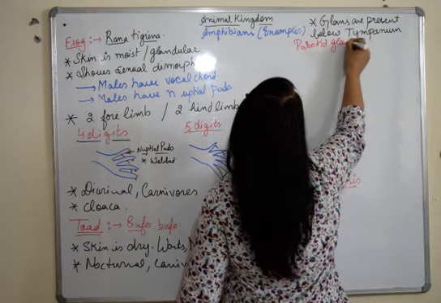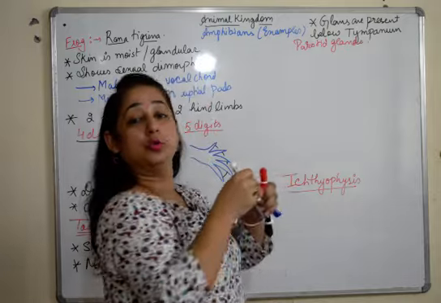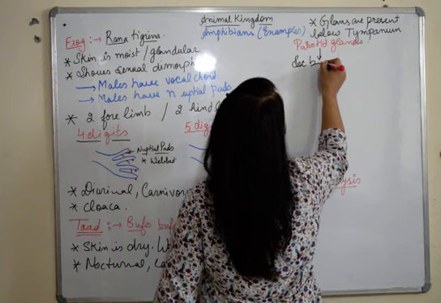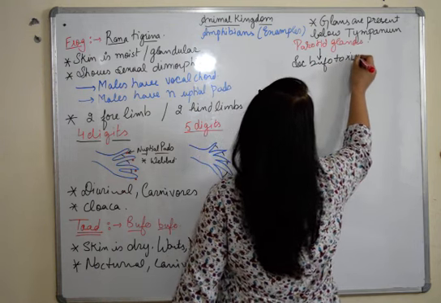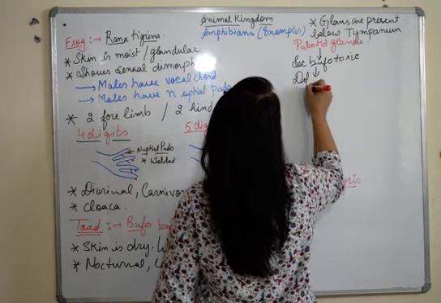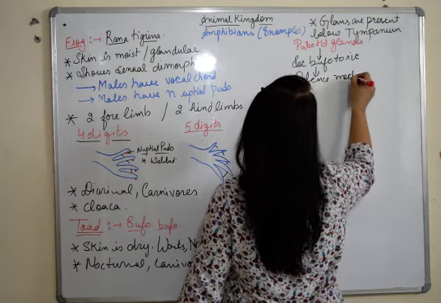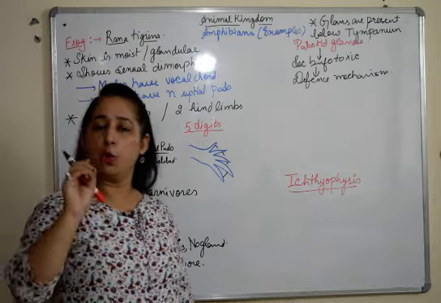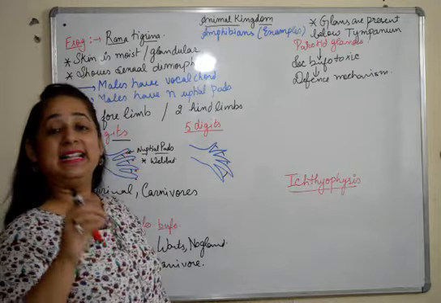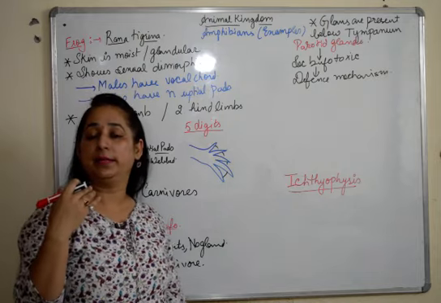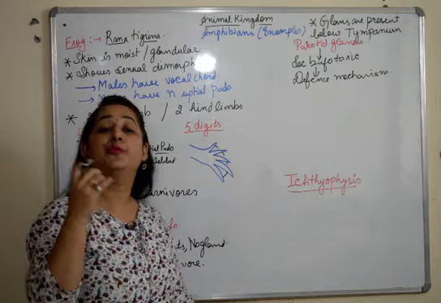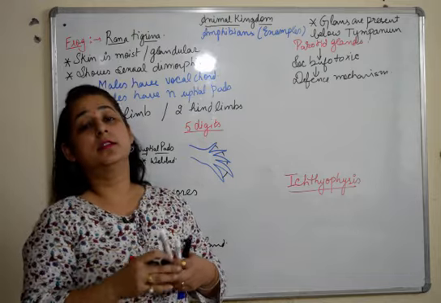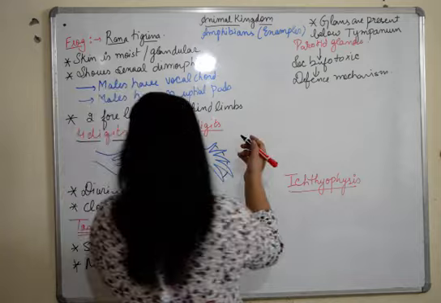Parotid glands. And what do they do? These parotid glands secrete bufotoxin, and it is a kind of defense mechanism. So these are glands which are present in Bufo or toad, behind the tympanum. It produces bufotoxin, which is a kind of defense mechanism produced as and when it is in danger.